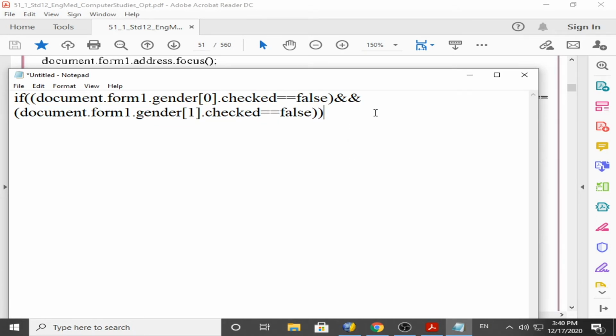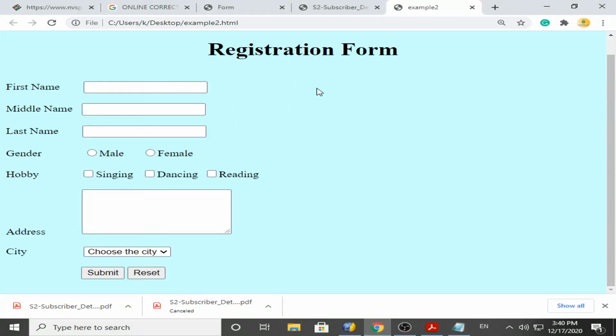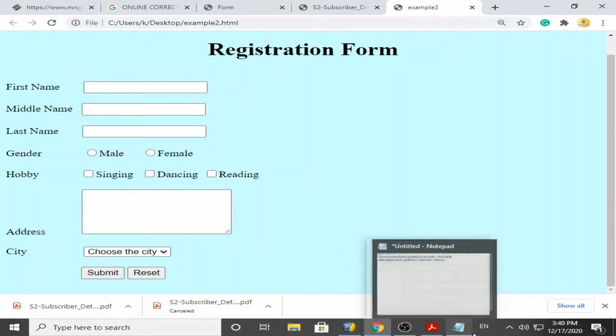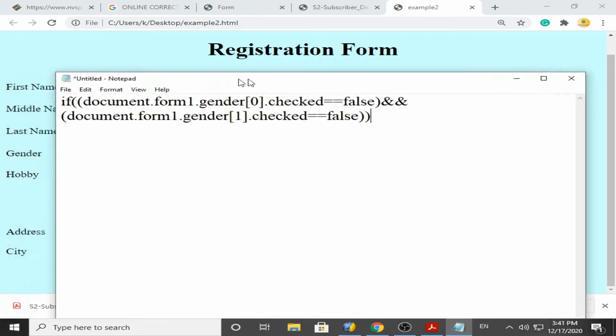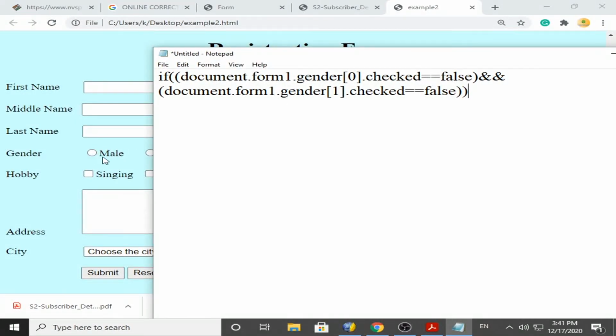Now read the sentence carefully and concentrate on the form. The condition says that document, meaning this blue area where form1 is available, has gender 0. Gender 0 means the male radio button. Gender 0 dot checked is equal to false.